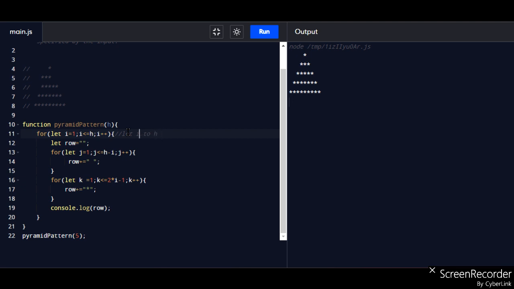That is 0. The value of h is 5, because here we pass the argument 5. Now what will happen? Let row is nothing, we give nothing to row.